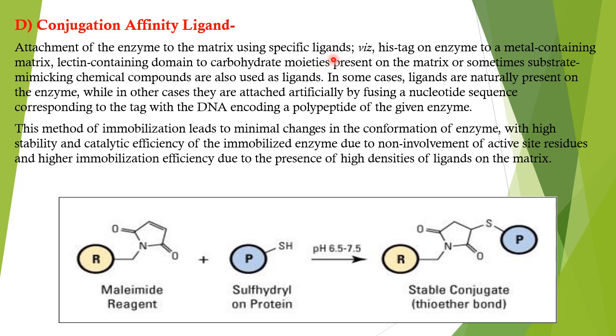So what will the ligands be doing here? The enzyme will not be directly attached to the matrices. The enzyme will first attach to the ligand, and the ligand will attach to the matrices. So the ligand is an in-between molecule, which is very significant, because the protein is not directly interacting with the matrices and the ligand is mediating. In that situation the enzyme can be safer, because it is not being exposed to another protein or another matrix.